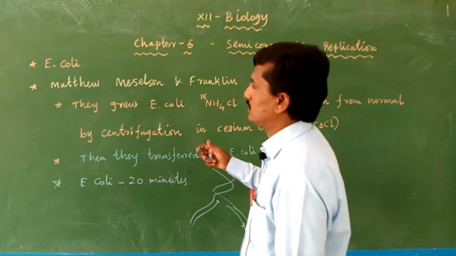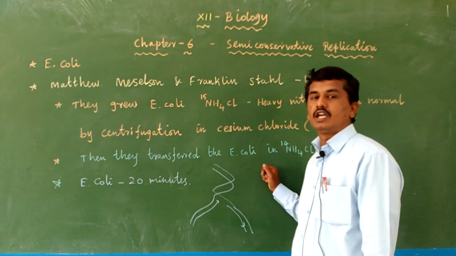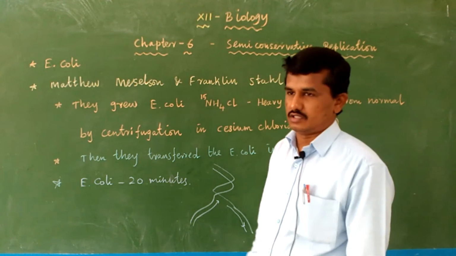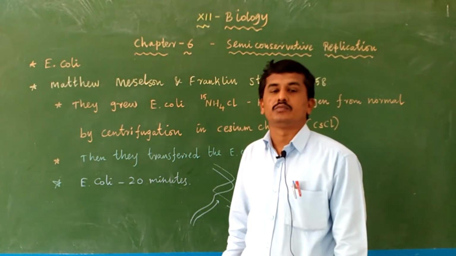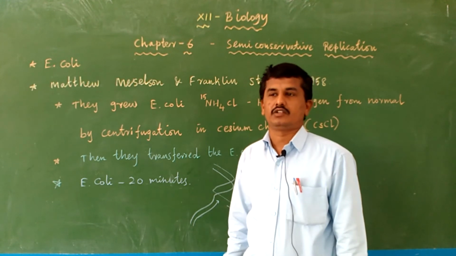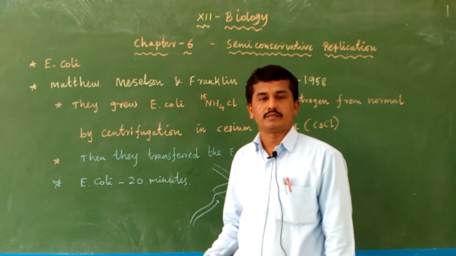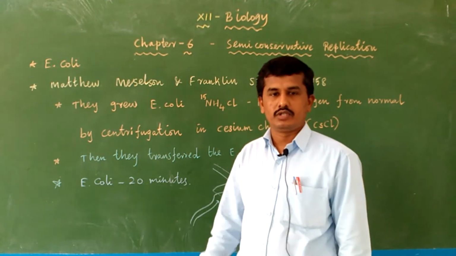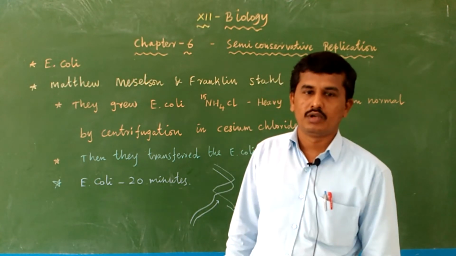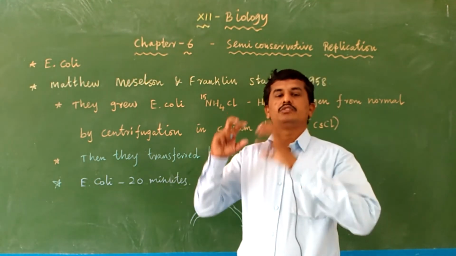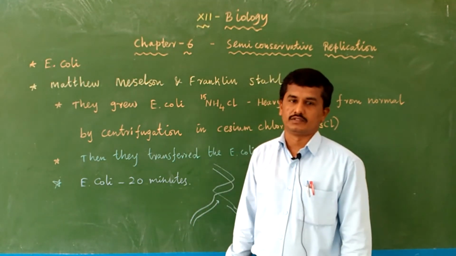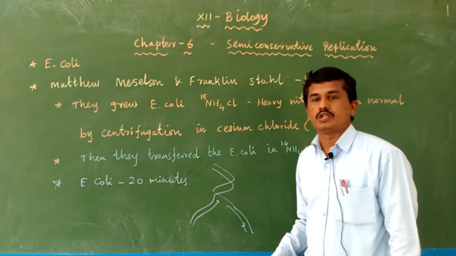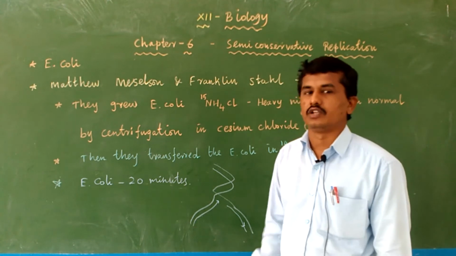Then how does this experiment prove it? Actually, the experiment is conducted in Escherichia coli. Normally, we know the majority of procedures and research is done on unicellular organisms, because unicellular organisms multiply easily. Normally, E. coli within 20 minutes multiplies into new E. coli cells by binary fission. Normally we know binary fission, one parent organism is divided into 2 daughter cells. Here also it is the same binary fission. Due to binary fission, one bacterium is divided into 2 daughter organisms.